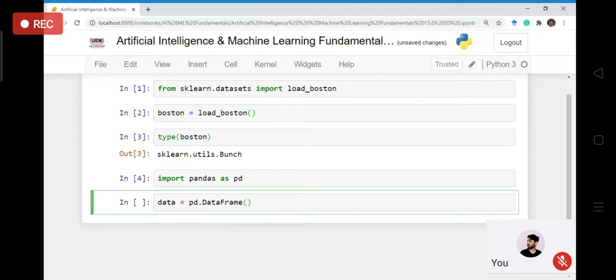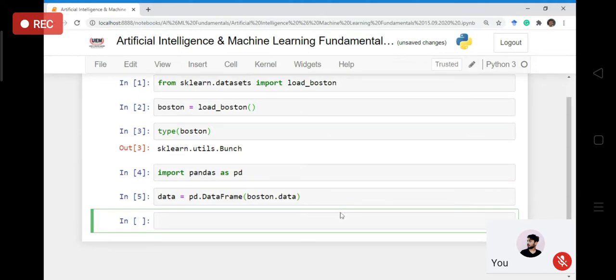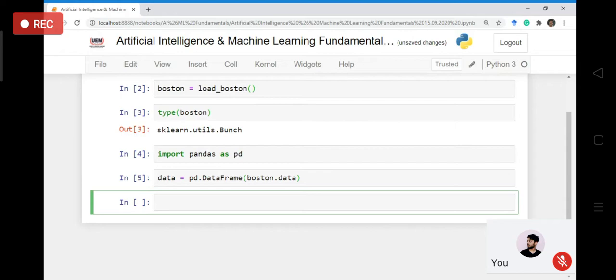Maybe throughout my lecture I'll be talking about it. Then you have to supply two things. One is the Boston data variable. Okay, so let's keep it like this, say I have only this. Now this data variable contains a matrix like representation of this data.